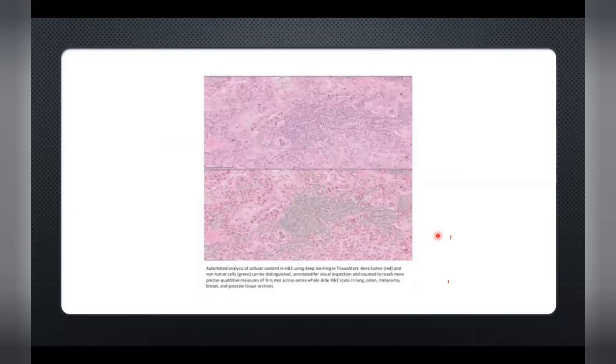People who screen the slides to take them for molecular genomic sequencing go through a difficult time when they have to quantify the tumors. Now, this is a machine learning algorithm which is called TissueMark. This TissueMark, if you run your slides through it, can actually quantify the amount of tumor and the area of tumor. And you can tell your molecular biologist, this is the amount of tumor you have, you go ahead and do the testing on it. So this is called TissueMark. You can quantify the tumor tissue before you take it out for